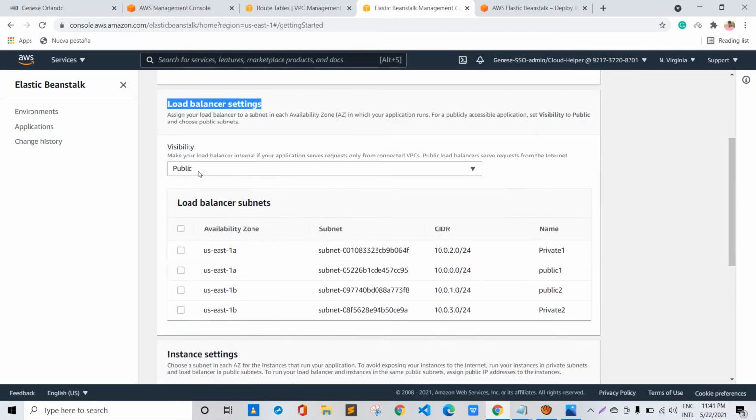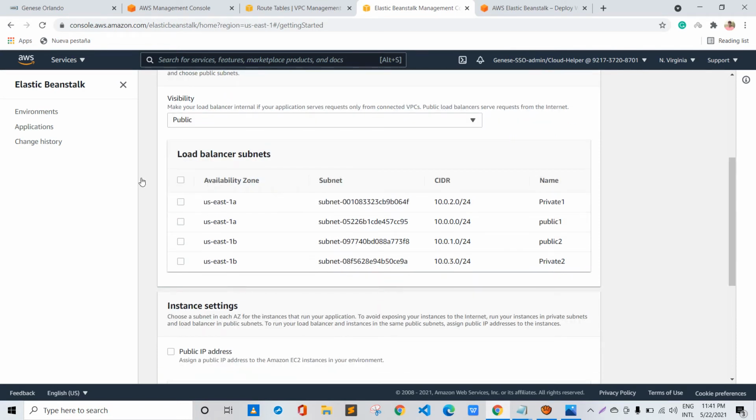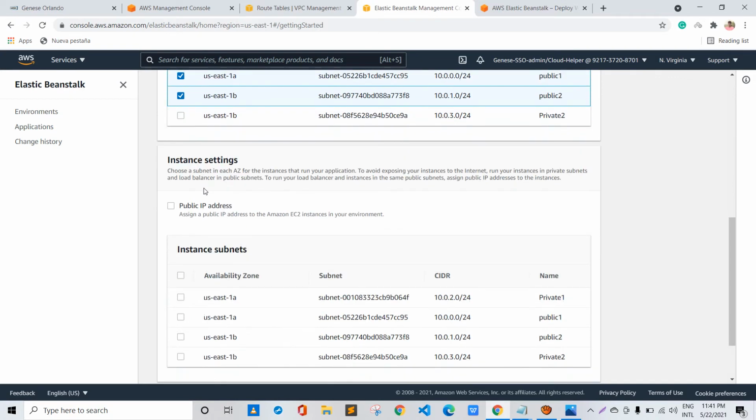Okay, so for the load balancer you want to make the visibility public or private, so we'll be making our load balancer public, and we'll be choosing the public subnets over here, that is public 1 and public 2, that is us-east-1a and us-east-1b.